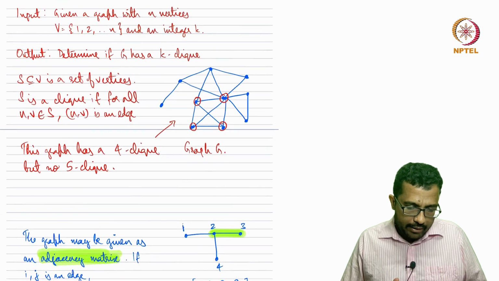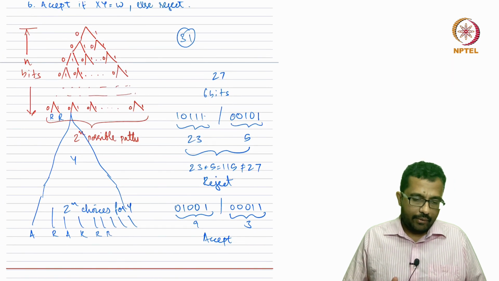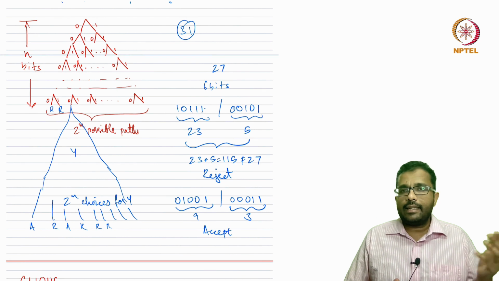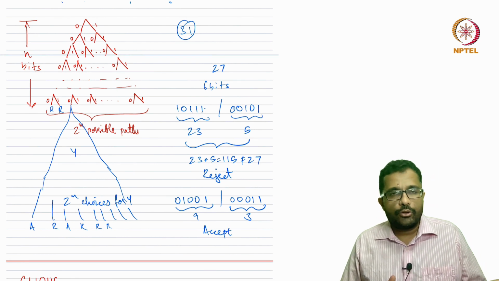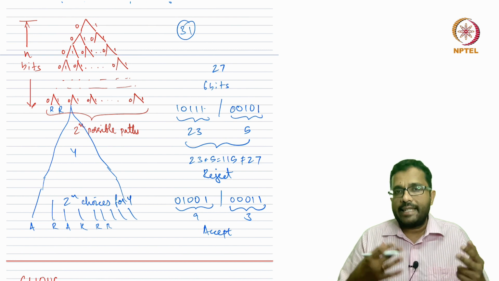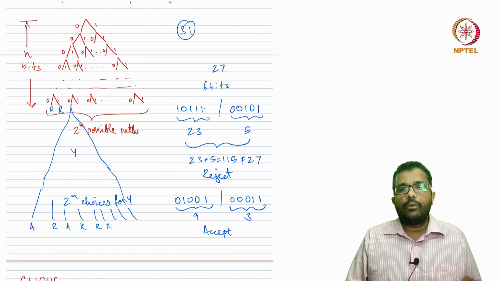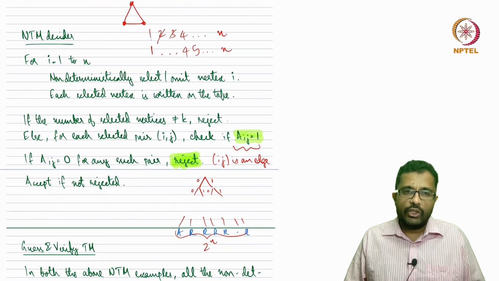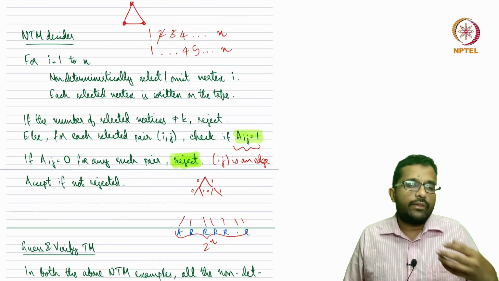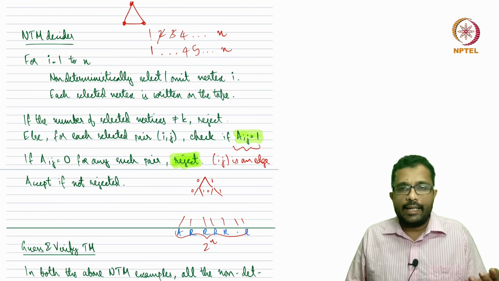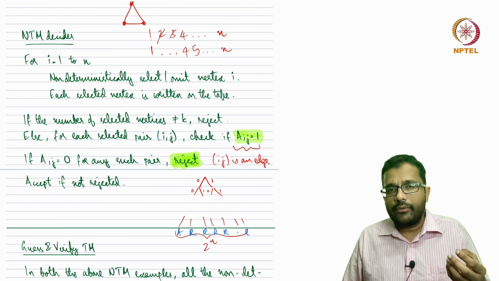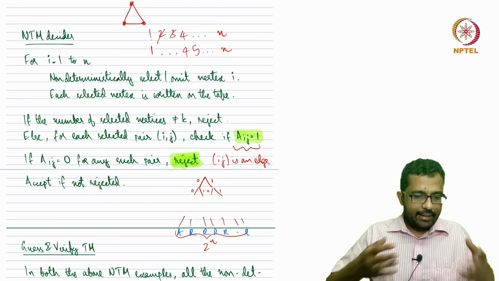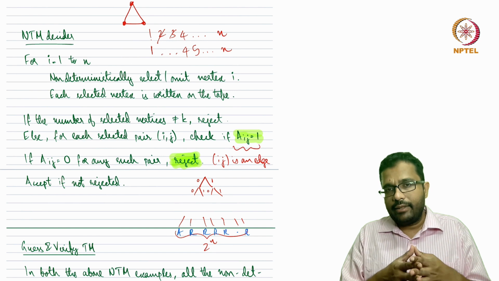So one point I want to quickly mention about the two non-deterministic choices or problems that we did. In the case of compositeness, we first non-deterministically chose x, then non-deterministically chose y, followed by a verification, checking whether x multiplied by y is equal to the number, right? And if x and y are greater than 1. Even here, Clique also, it's something similar. We non-deterministically chose a subset, followed by a verification where we check whether the subset is indeed a k-sized subset, then checking whether it formed a clique, right? So in both the cases, we did some guessing, meaning non-deterministic choices, followed by checking whether these choices led to